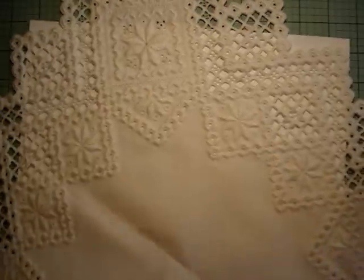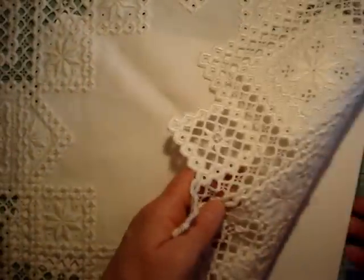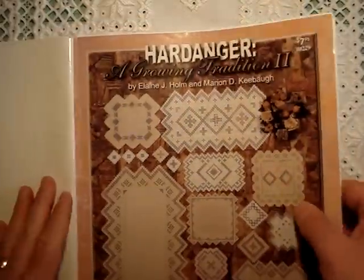So the first one is this piece, this large piece. It doesn't fit in the camera frame. I'll show you how I'm filming it after. So this large piece, I got, oh, I didn't have the book. No, it's right here. Sorry about that. This large piece is, this is the pattern, and it's from